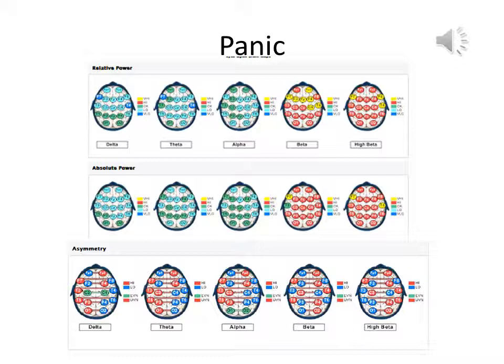And if we look at the asymmetry, we see a strong beta asymmetry, quite a bit of red on the right side indicating a very overactive right hemisphere, a lot of norepinephrine flowing there and a lot of stimulation of the right hemisphere amygdala. And again, as we often see, the emerging of alpha on the left and depressive features and irritability.